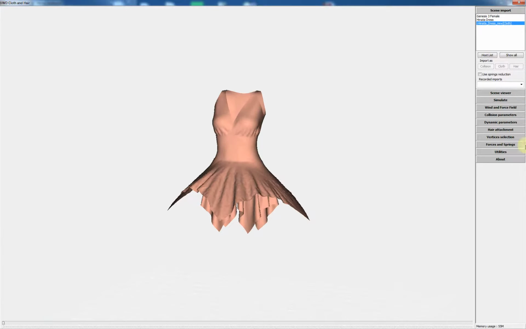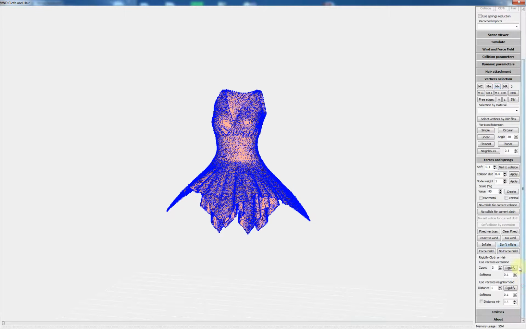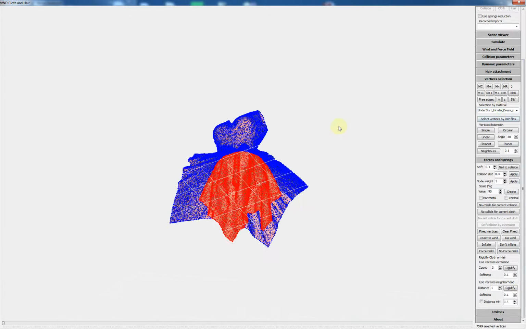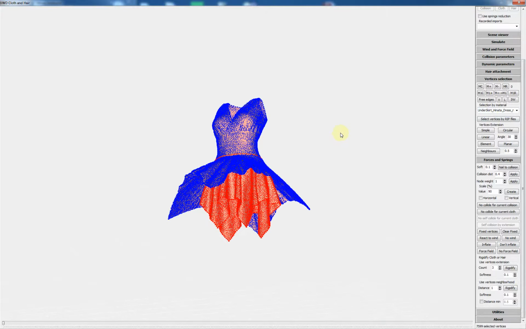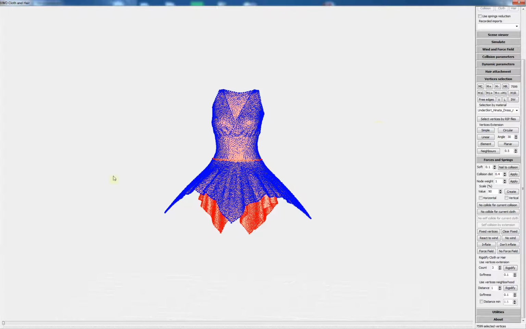So I use the force and spring. I select the inner part of the dress. I add it in the memory. Now I have to remove this part.